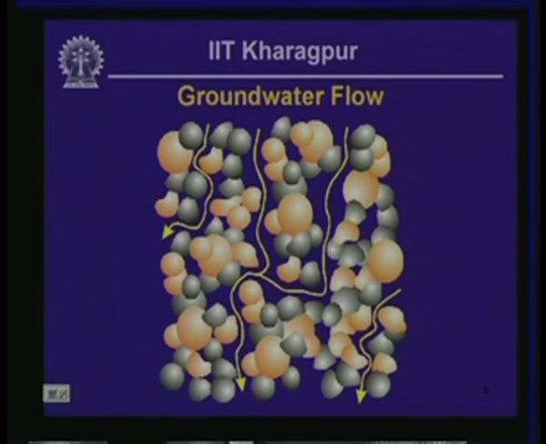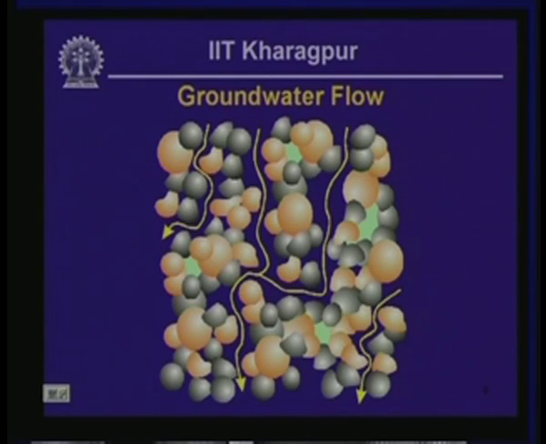These are the void spaces that are going to take part in conducting groundwater flow, indicated by the yellow arrows there. Then there are some pore spaces which are isolated and not interconnected. Although they may be saturated, these pore spaces will not conduct groundwater,